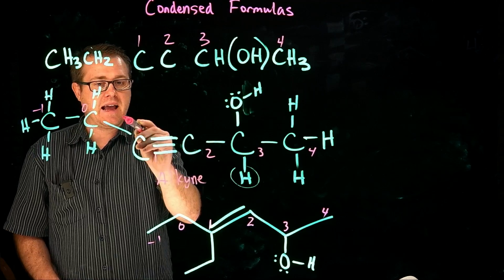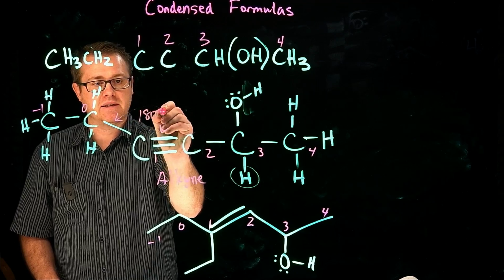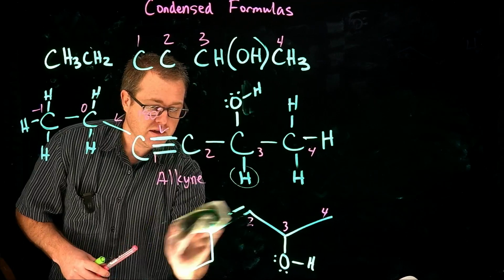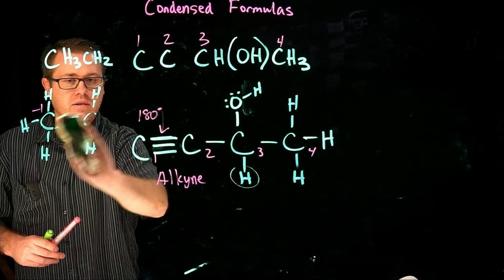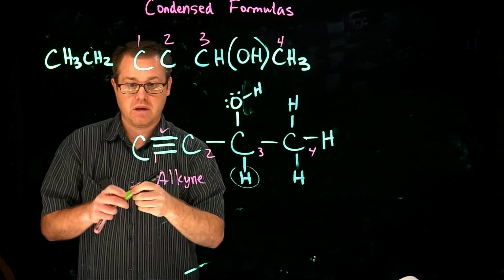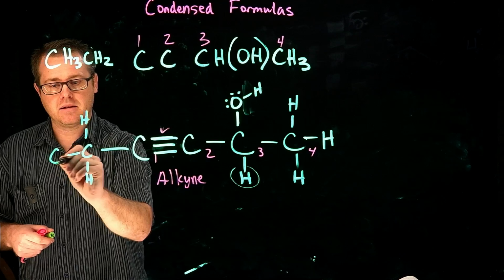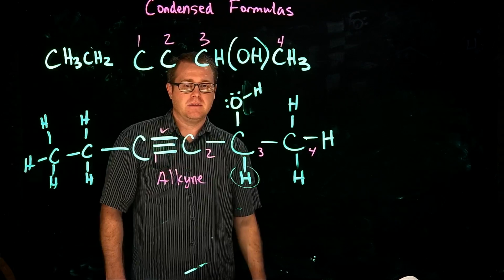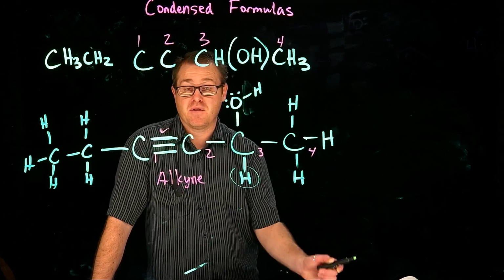And for alkynes, the angle between the two bonds right there has to be 180 degrees, which it clearly isn't based off of the way that I drew it. So I'm going to fix that. And so this ethyl group right here would come off at 180 degrees. Okay. So now when we draw our zigzag structure for an alkyne,